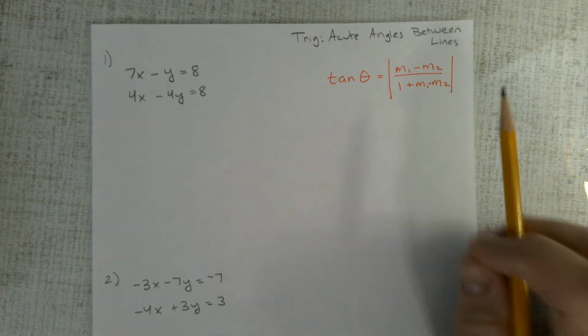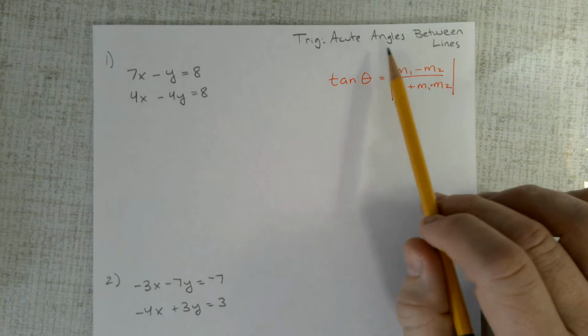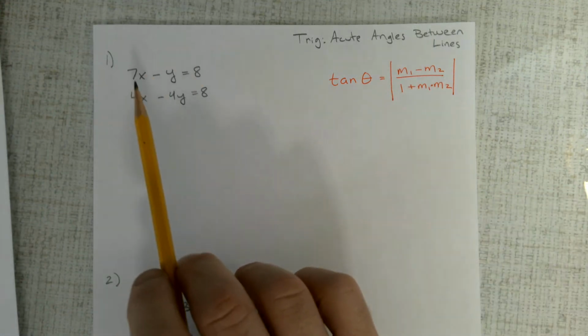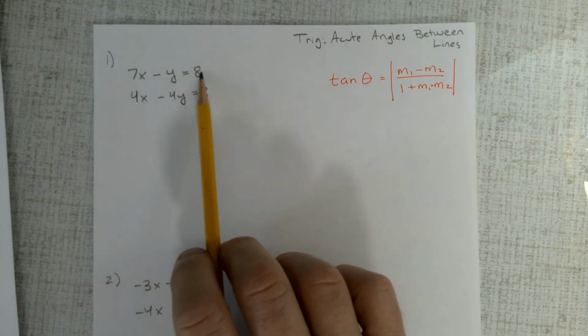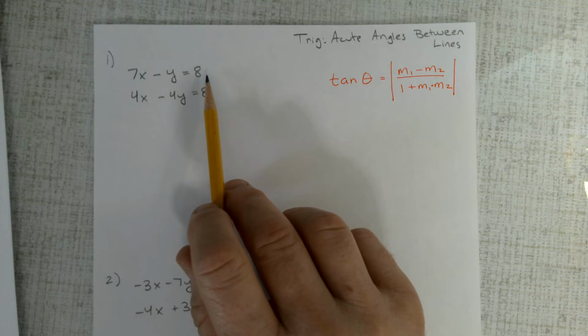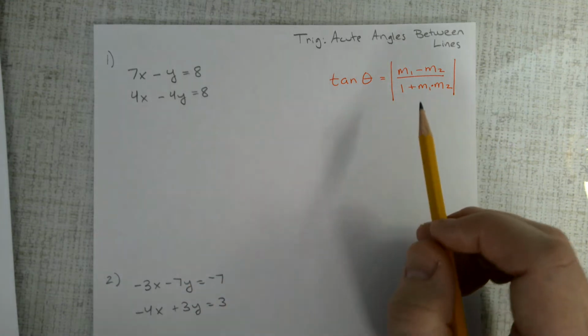Alright, today we're going to talk about how to find the acute angle between two lines. And here we go. Problem number 1. We have 7x minus y is 8, and we have another equation. Our first goal is we have to find the slope of these lines, because we have this formula here that